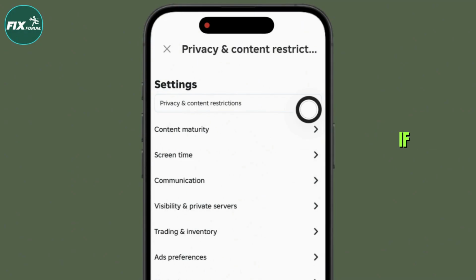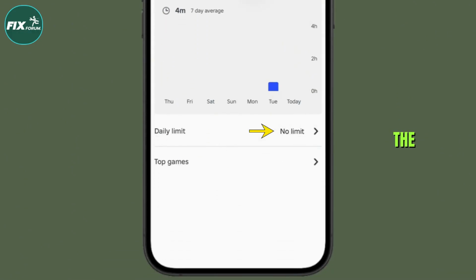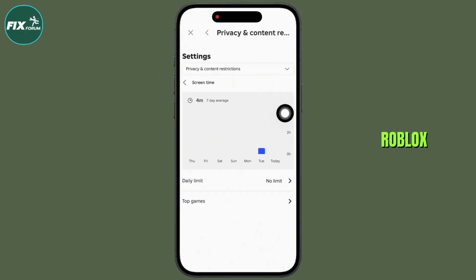Click on that. If a daily screen time limit has been set, change it to no limit or disable the restriction. Finally, tap Save to apply the changes. Once you have updated this setting, the screen time limit notification should no longer interrupt your gameplay, allowing you to enjoy Roblox without the daily